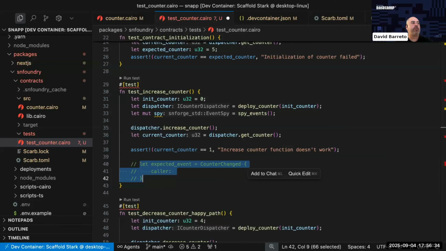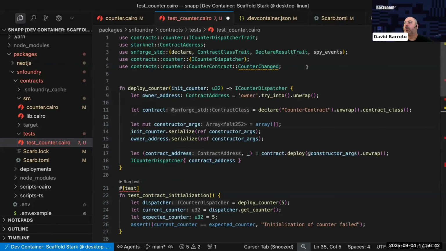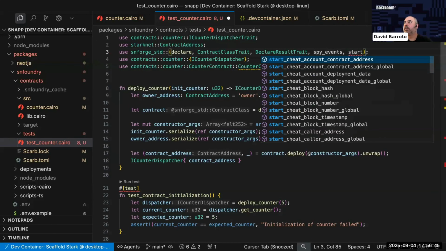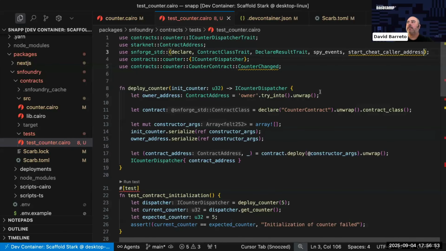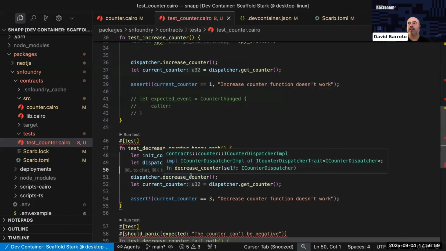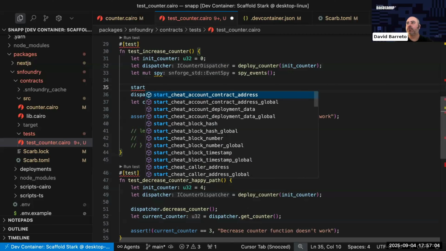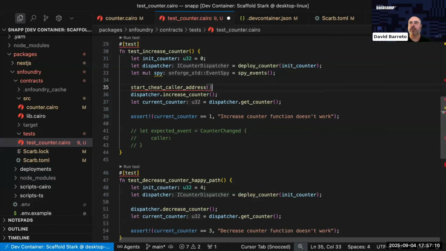So before we call the increase counter, we're going to add a cheat code that is called start cheat caller address. And this is going to make pretend that we're calling this smart contract from a specific address. So now we can come here and start cheat caller address. And this thing is expecting to be passed